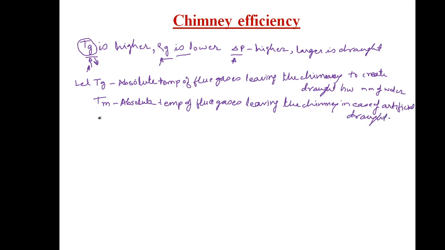Now Cpg, specific heat of gas. Cpg is specific heat of gas or mean specific heat of gas